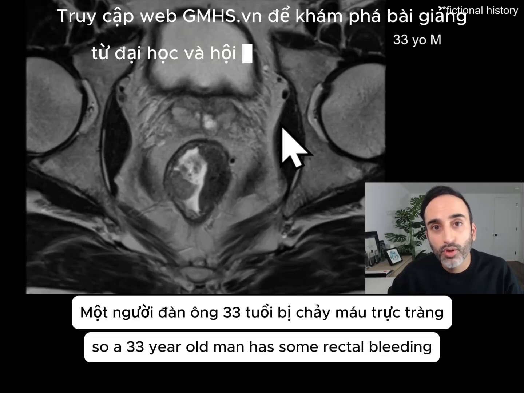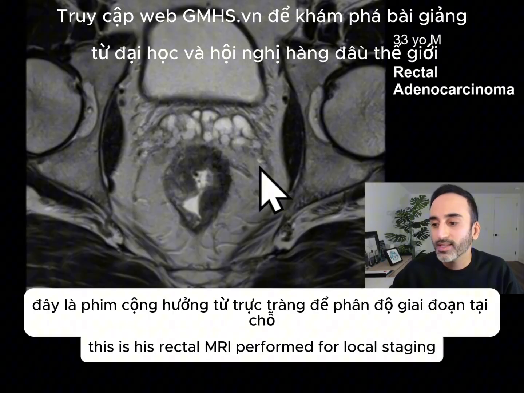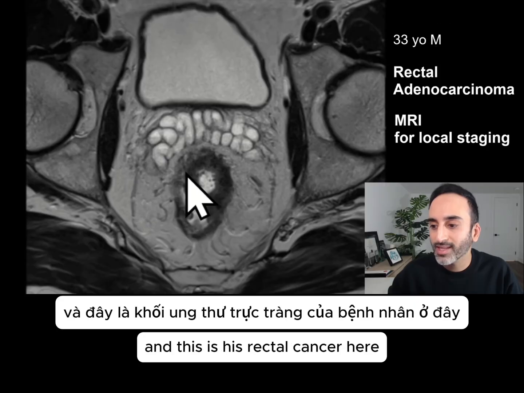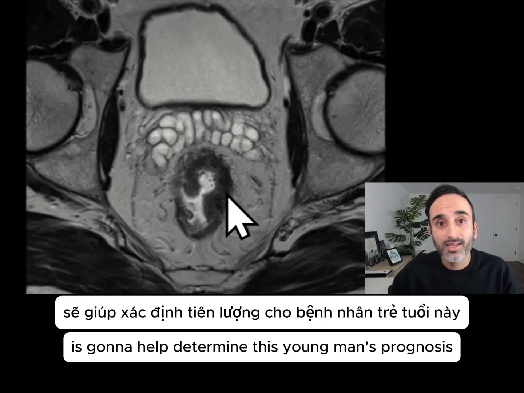So a 33-year-old man has some rectal bleeding and has a colonoscopy that finds a rectal cancer. This is his rectal MRI performed for local staging, and this is his rectal cancer here. Now, what we say about this rectal MRI is going to help determine this young man's prognosis, and it's going